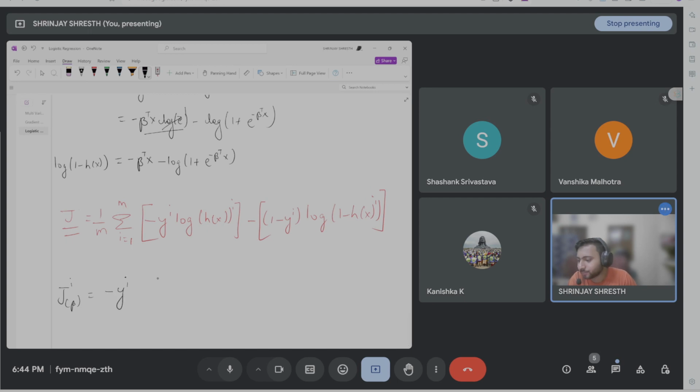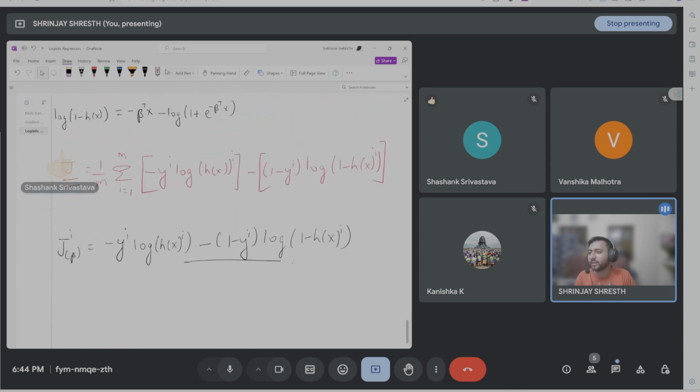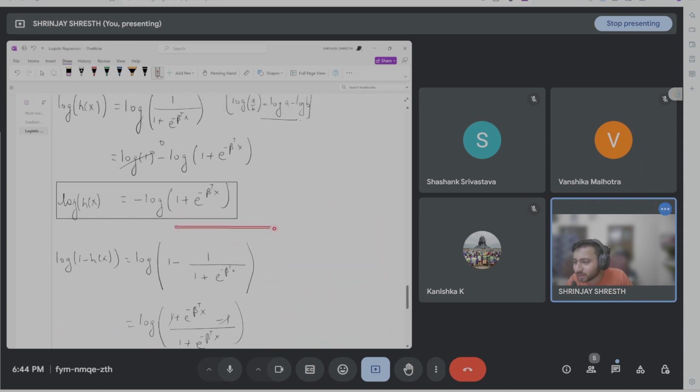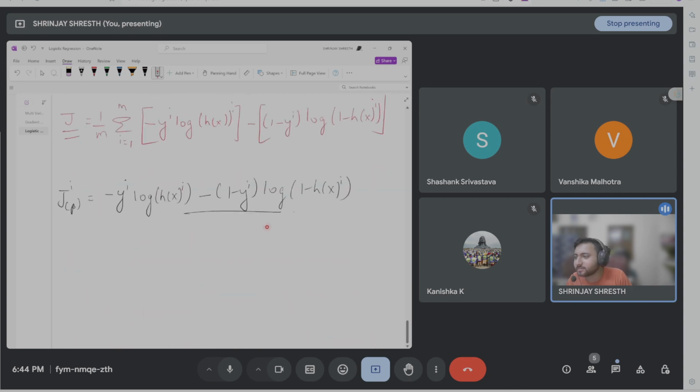Minus yi log hx corresponding to that value. ठीक है, minus 1 minus yi and this whole term. ये हो जाएगा एक वैल्यू, कोई भी ith वैल्यू के लिए। सो अब ये जो मैंने यहाँ पे log hx है, log 1 minus hx है, ये हमने अभी अभी derive किया है यहाँ पे, अभी देखा हमने। मैं सिर्फ ये वैल्यू यहाँ पुट कर रहा हूँ, let us put those values